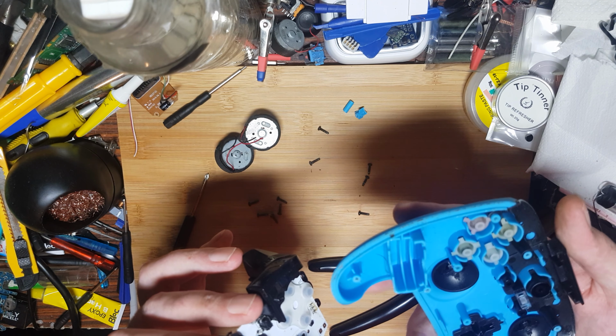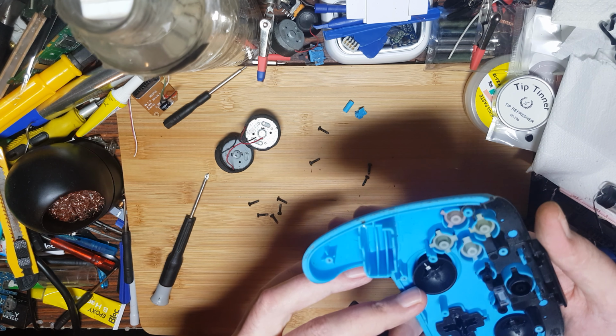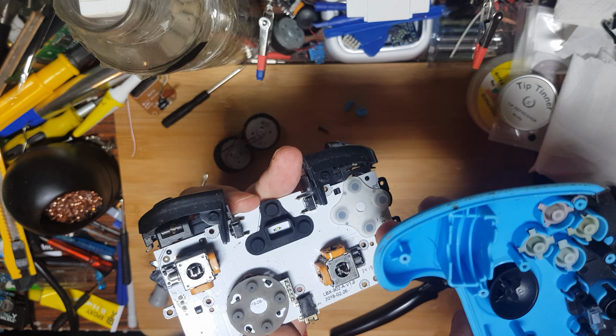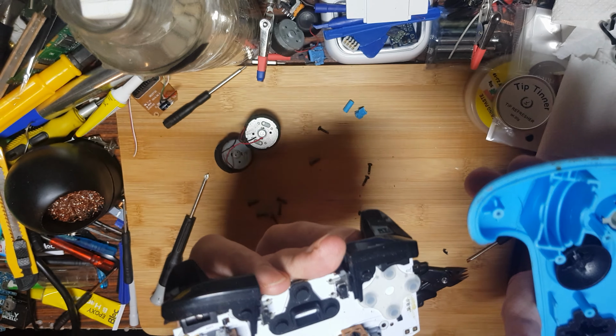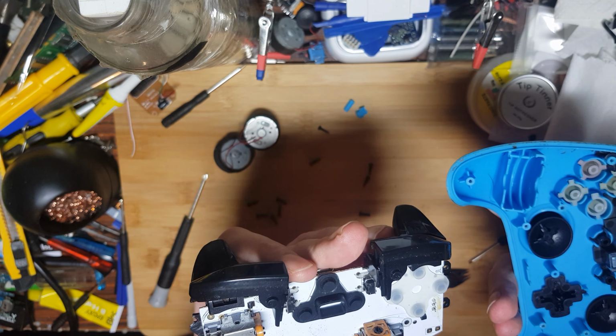Yeah, so I don't think they're actual Xbox One ones, because the slot isn't wide enough in them. And if you look there, they're quite narrow as well. I just don't think they're sitting very well on the actual thing. Maybe a bit of glue or something might hold them in place. And yeah, I've just got the